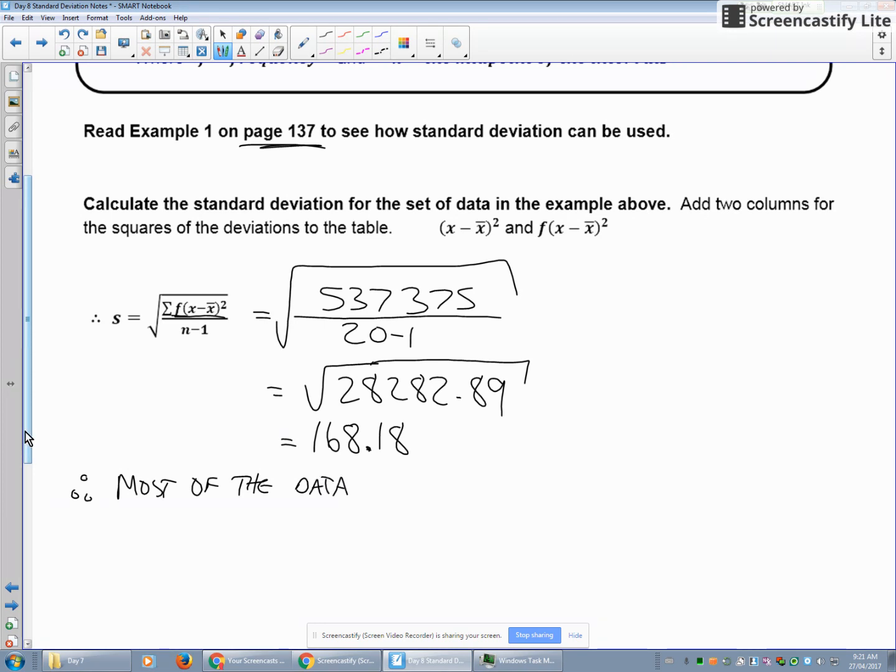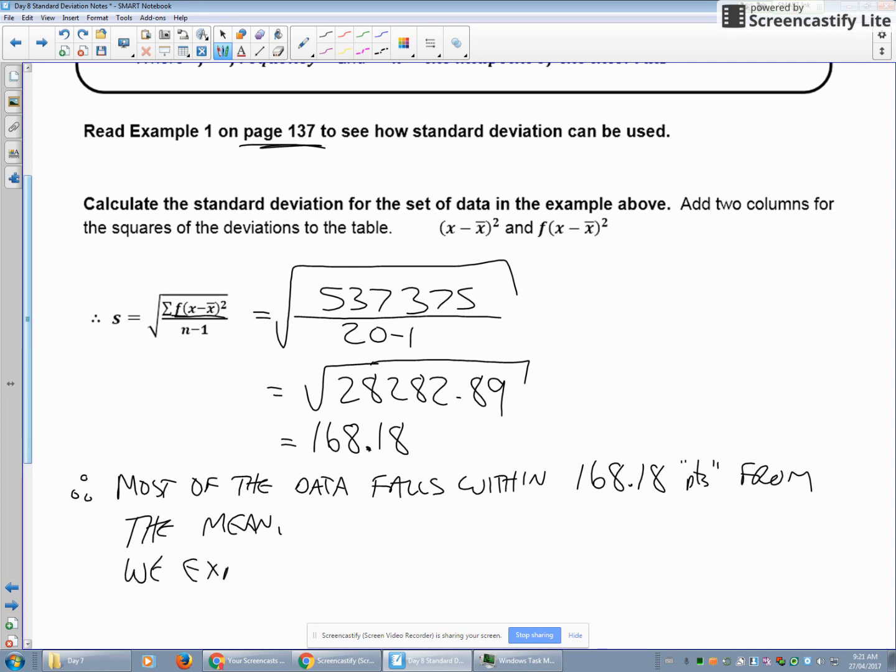So this tells us that most of the data falls within 168.18 points. In this case, that would be population from the mean. Really, this is saying we expect the population at the game to be around